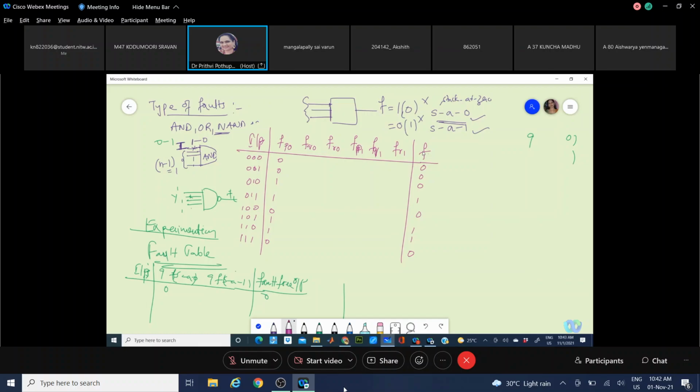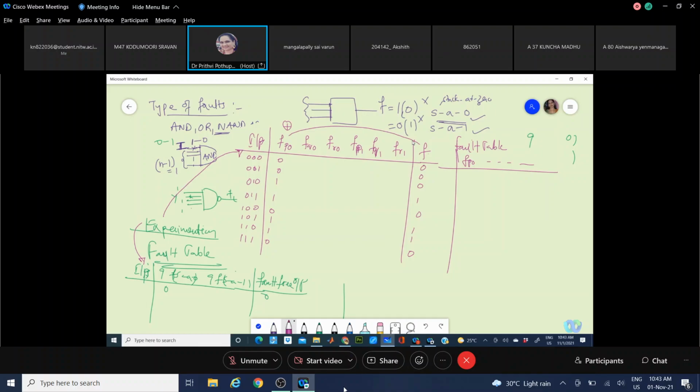Now here, the fault table will be giving you the entry after your experimentation. This is the experimentation table, the entry after experimentation. Your fault table will be derived in such a way that for these f of p naught and so on, whatever you are taking, will be entered with 0 or 1 by using an XOR operator between the fault-free line and the line on which you have tested.